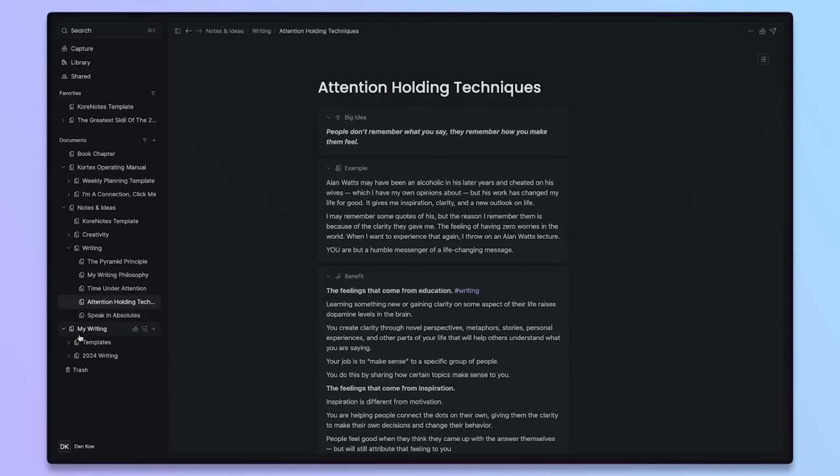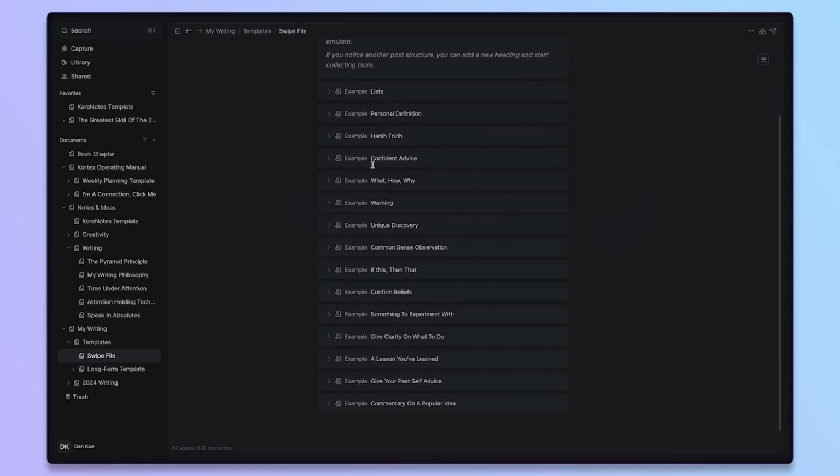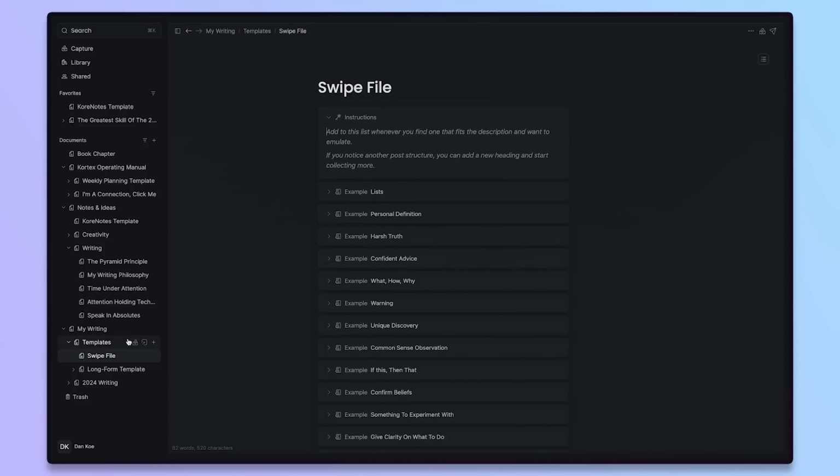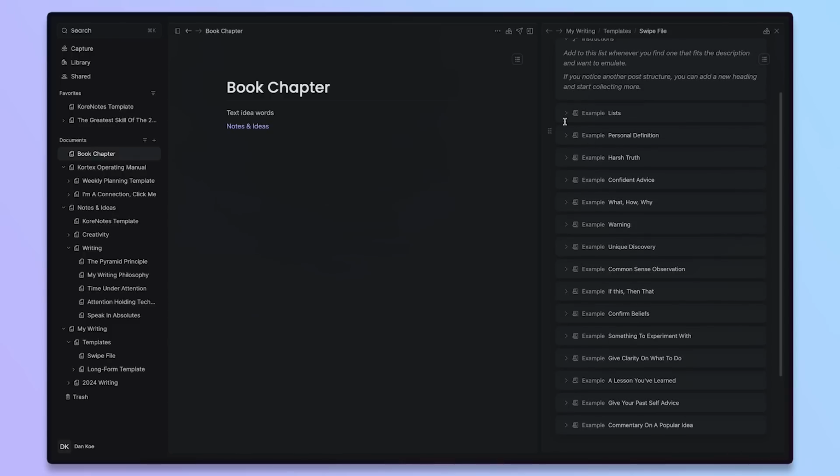So another example of elements is one, just the notes, so I can search any part of these whenever I need them. And my template's like a swipe file. So I have a swipe file of a bunch of examples of my own tweets that I would want to emulate. So if I'm writing social media content, let's say I'm writing social media content in this specific document, I can open my swipe file in the side, and I can just have this open